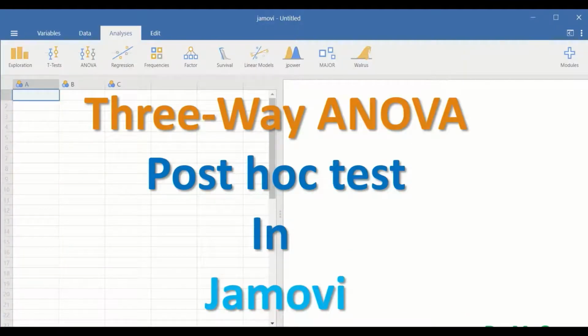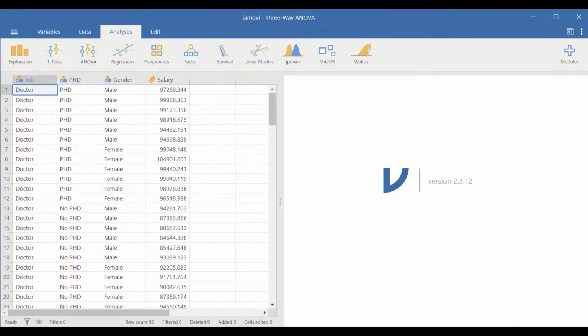Three-way Anova followed by post-hoc test in Jamovi. Three-way Anova is factorial Anova. And the three-way Anova statistical test is used when there are three different factors or three independent variables and one dependent variable. Here in the Jamovi